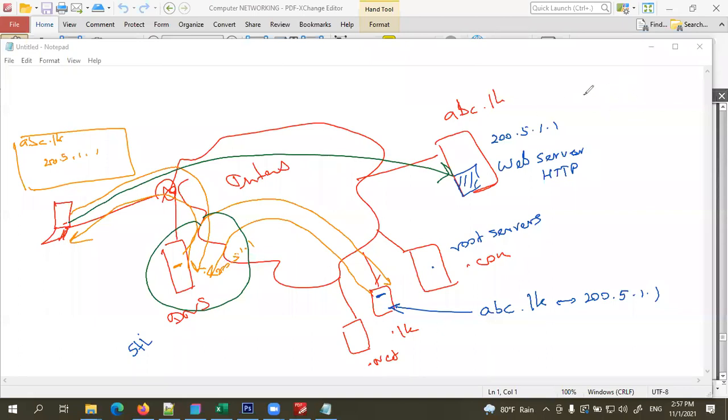In DNS, we have root servers, and below that there are other lower-level DNS servers. So like this, each server will update itself with the requests of users. According to the user requests, the lower level DNS servers will update themselves automatically.